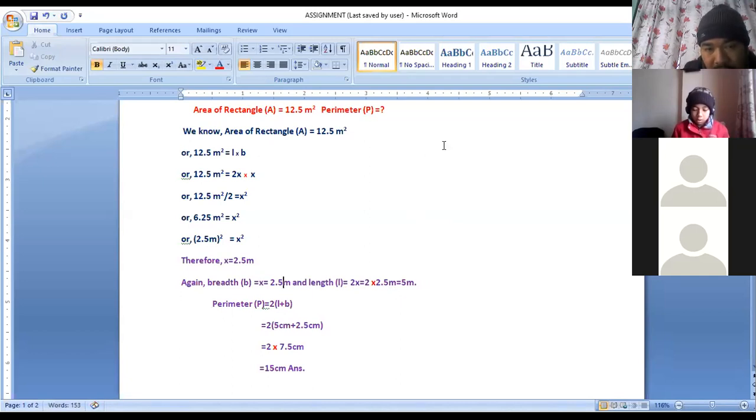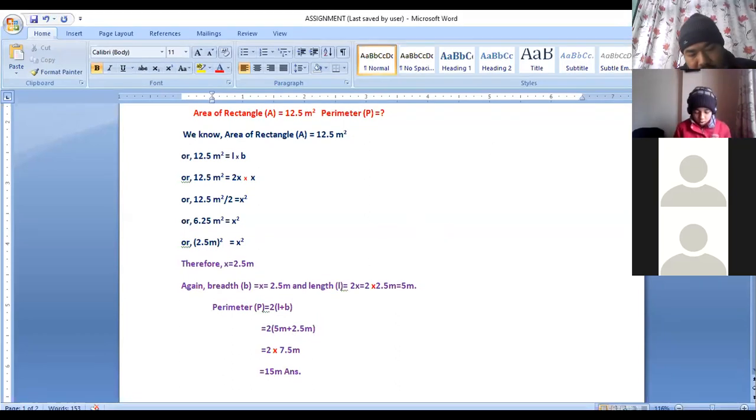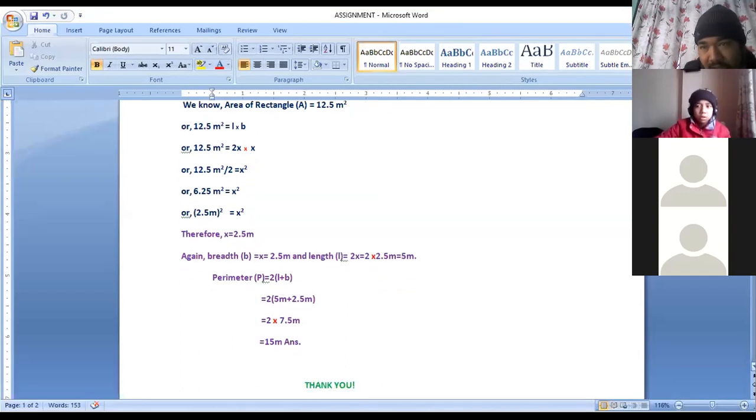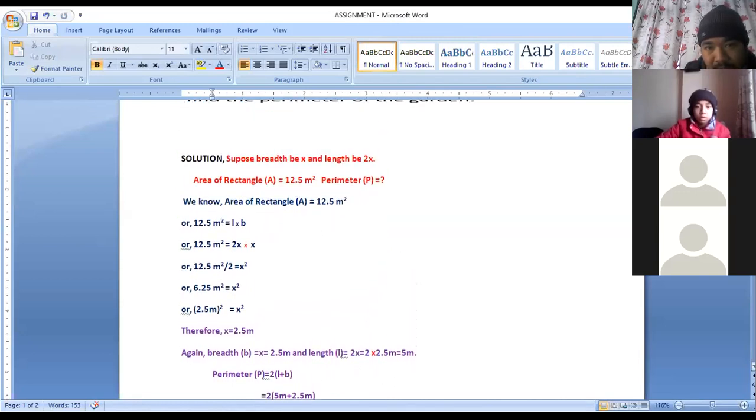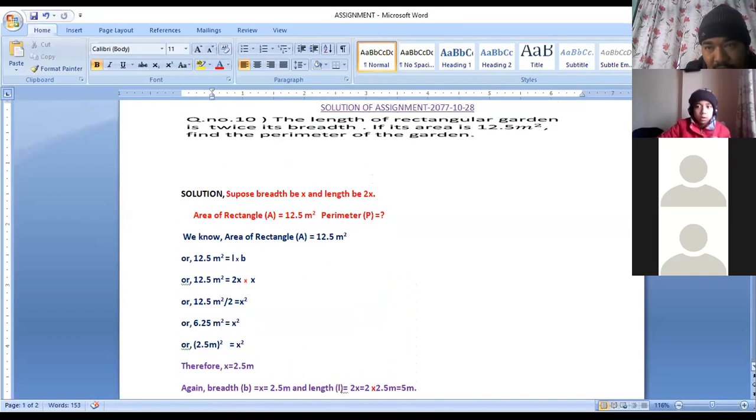Okay, sir. Look, are you looking from there, is it clear? All the units should be converted into meter. They must be in meter because in the question it is given in meter. Then what is the answer there? Can you tell what is the answer? 15 meter. 15 meter. Good. Because area was given in meter square, all the values will come in meter. Okay, children?